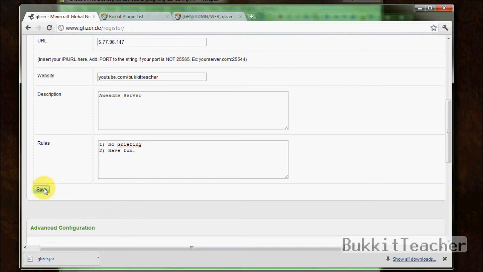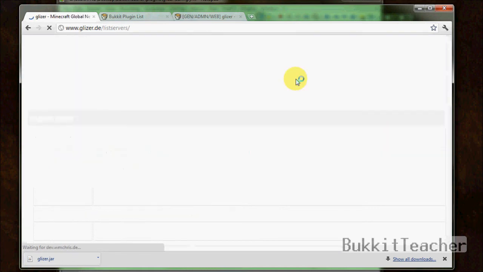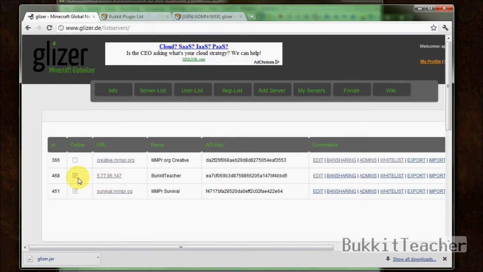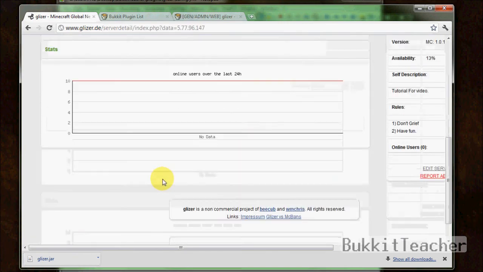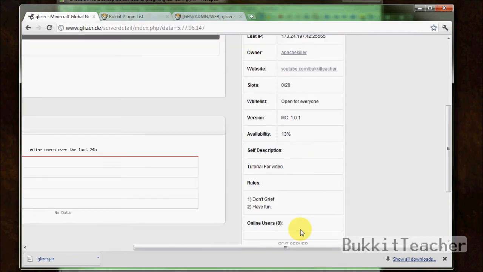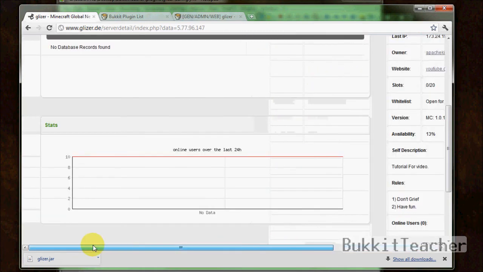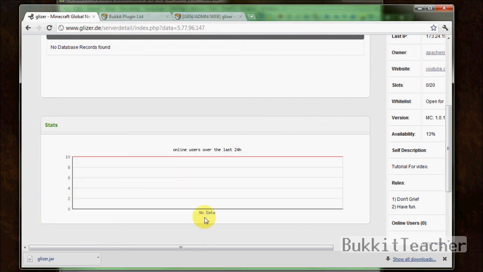But once you have, click on My Servers, and you'll see your server. Mine is the middle one. The other two are servers that I run. So go ahead and click on your IP, and you'll see your server. Over here, you'll see all your server details, your website, how many slots you got, what version you're running, your description, and your rules. And right here, you'll have a line graph that shows you how many people are on, how consistent your players are